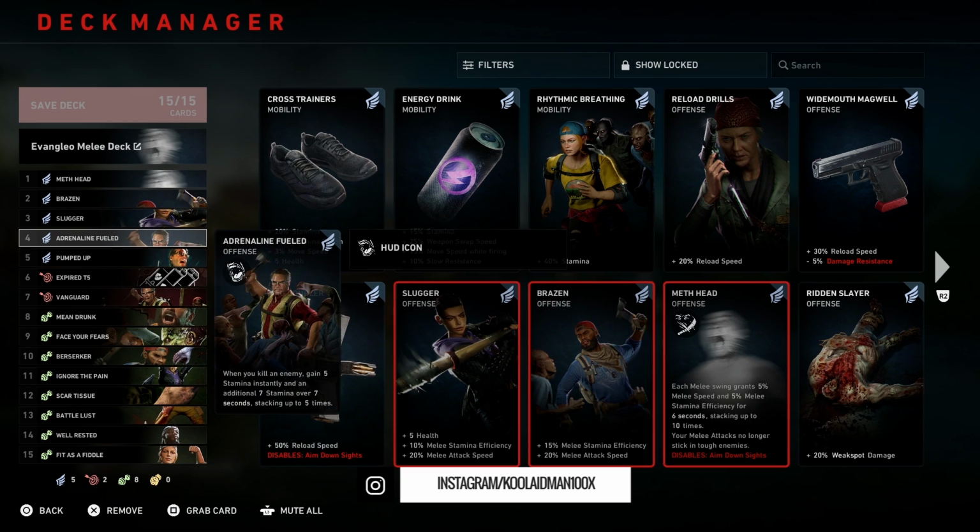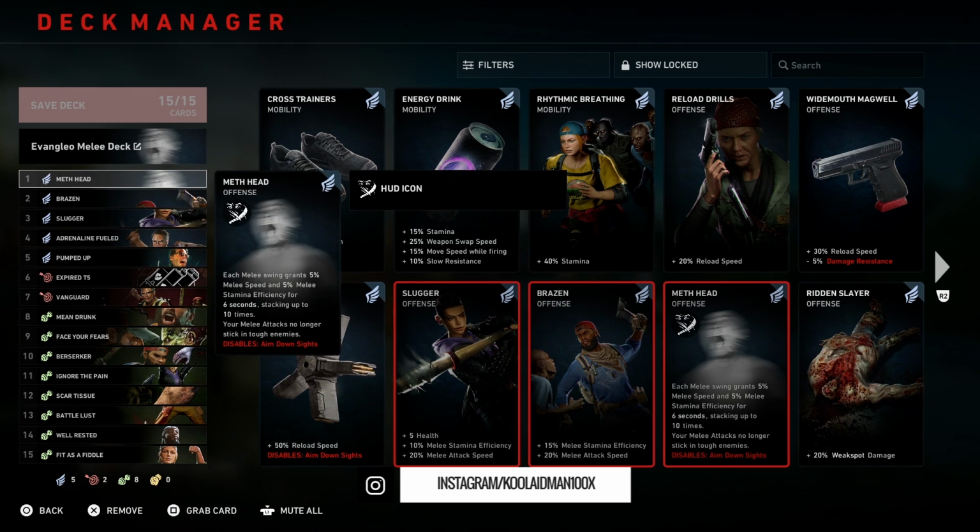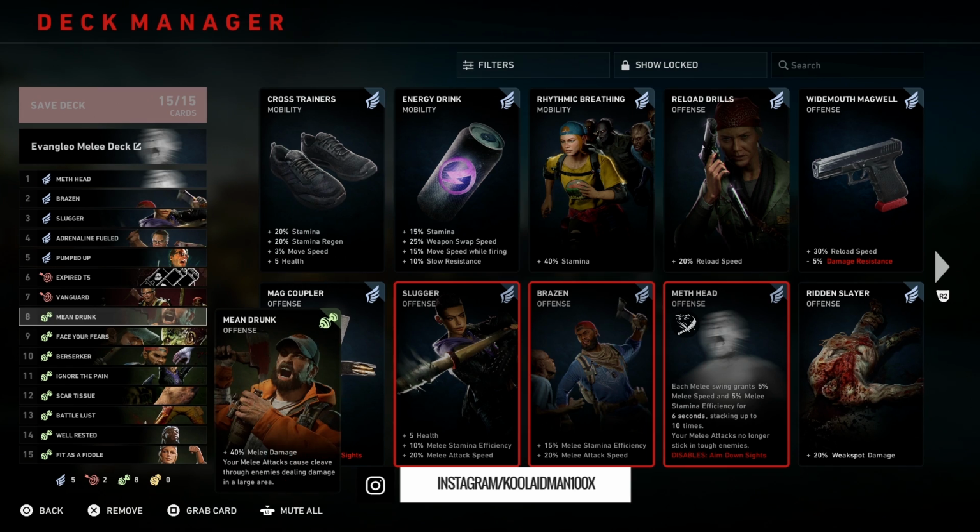You can add this Vanguard to the Adrenaline Rush, to the Slugger, Brazen, and Meth Head. Add that to it. You can add that Mean Drunk, which will actually add more, 40% melee damage. That's pretty much all you need for damage because it's actually adding to it. I do not recommend switching unless you get a higher